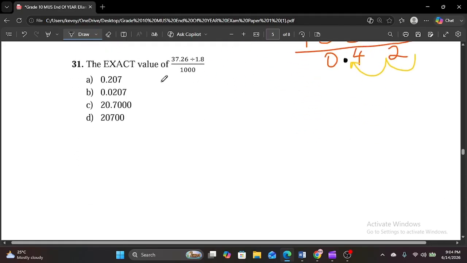Find the exact value of. Normally, you're actually going to have to divide and then multiply. So let's go through it, because you're not going to use any calculator in the exam. Let's just quickly do this. You're going to divide first, so you're going to divide your 1.8 by